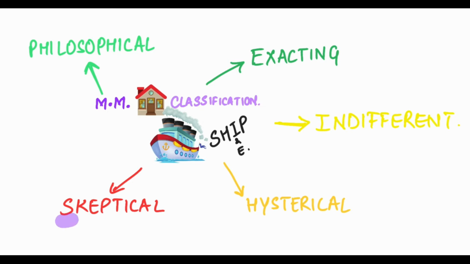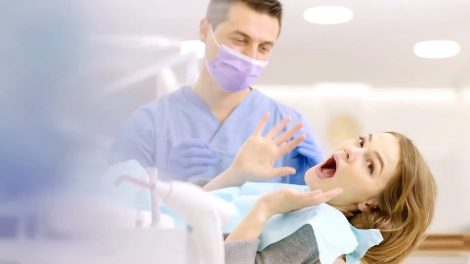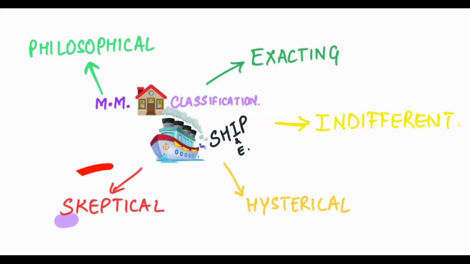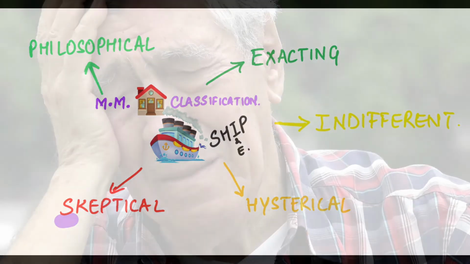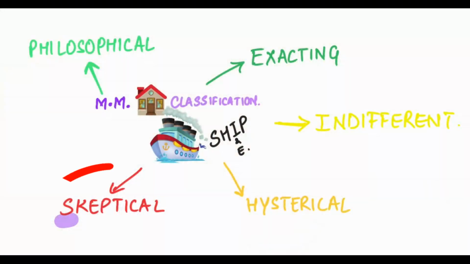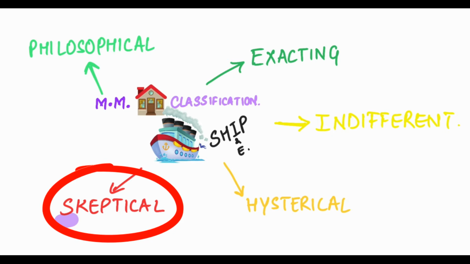S stands for skeptical. These are the patients that are very difficult to manage. These patients have had bad results from their previous treatments and they think that their dentist cannot solve their problems. Apart from that, their ridges are very severely resorbed and they generally have poor health. They might also have an underlying psychological disturbance. For example, they might have had a recent death of a close relative, or they might have a failed business, etc.